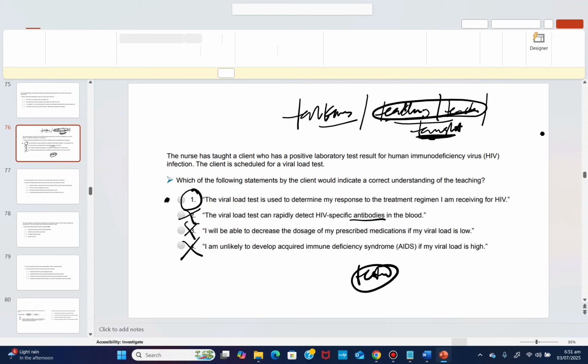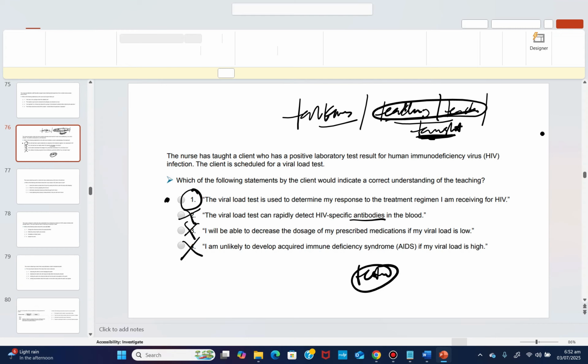So yeah, these are just normal understanding related to HIV. So if you are having difficulty with this question, be honest with yourself. The problem is not your ability to answer the question. The problem is you lack the content knowledge. That is just it. Because it seems when I was reading the question earlier on, I only stopped at infection. I skipped the aspect that said the client is scheduled for viral load test.